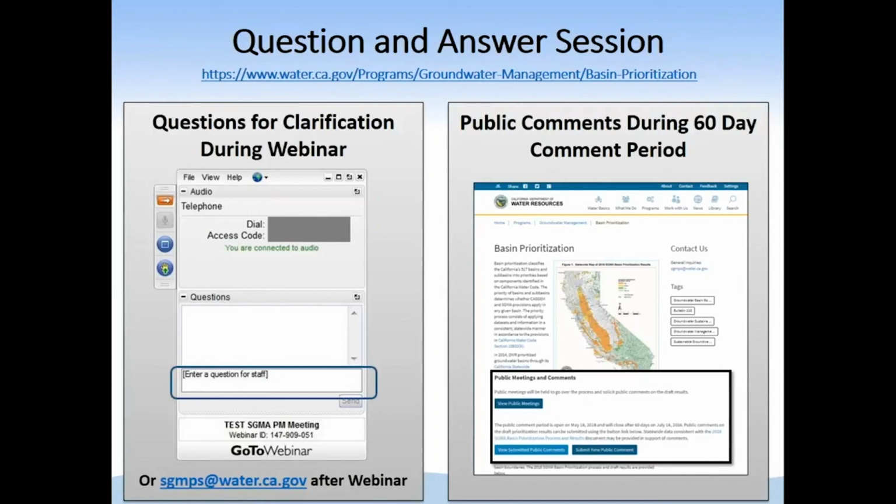That had its own point value. The other aspect of subsidence we looked at was whether or not it occurred in the past or concerns that if the basin is not managed, that it could potentially happen again. So we wanted to make sure that that was identified in basin prioritization, but certainly got less points for that. But those were the only two criteria we used.